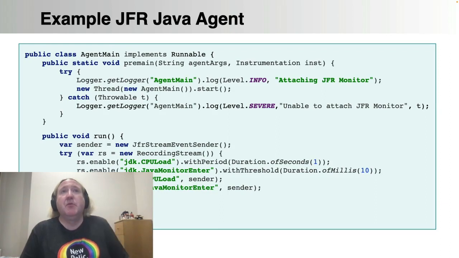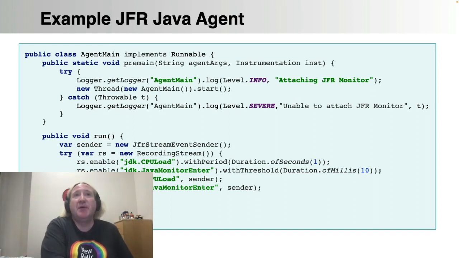So you could, for example, produce some very simple code like this. And this is actually a complete working Java agent. We've got a premain method. So we will attach, and then we have a run method. And I've cheated a little tiny bit because there's a stream event sender object which I haven't implemented and I haven't shown you what it does, but it sends up the events to anything that we would want. So you might imagine that those just go over the network.